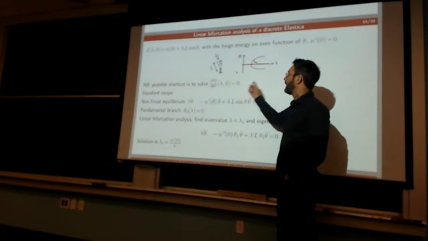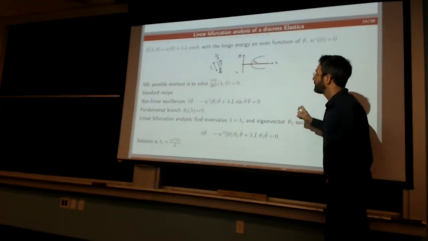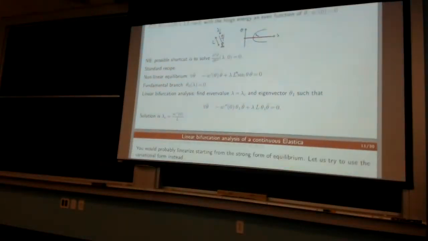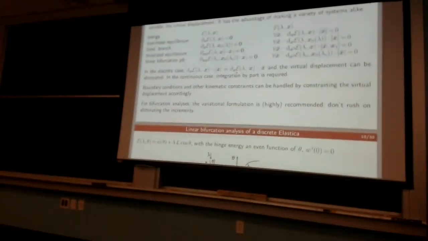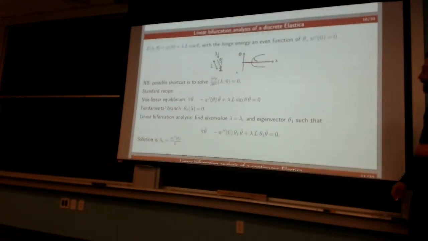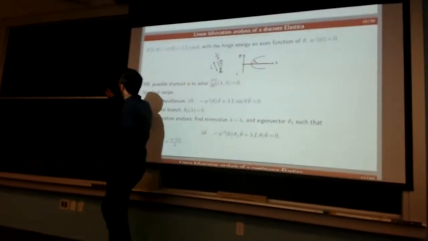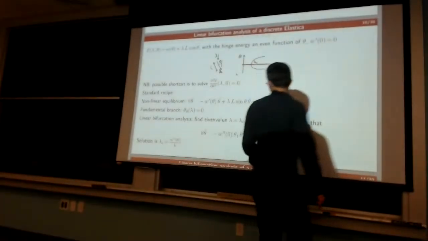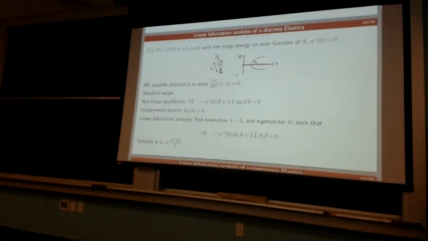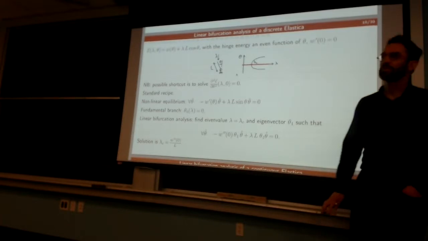I do this, and as I said before, so that would be 1, 2, and then at the end I replace theta by theta naught. Okay, so I do two variations and then I evaluate what I get along the fundamental branch. Okay, so that's why I have 0 here, for instance. That comes from this. Okay, I know it looks like an overkill for such a simple problem, but you'll see that